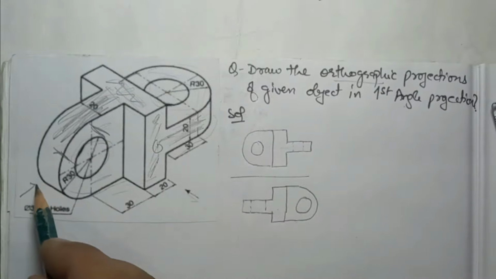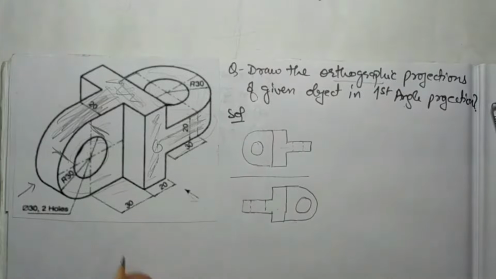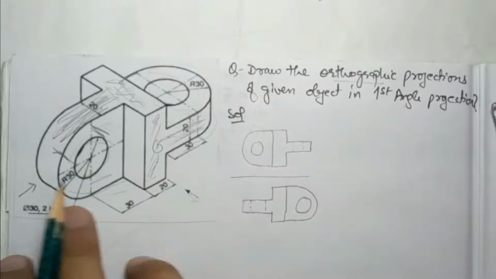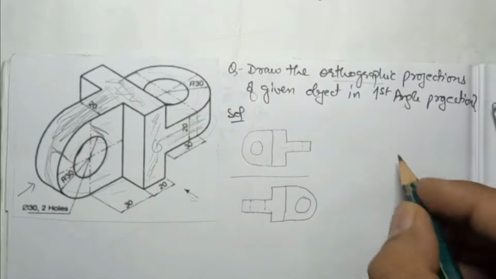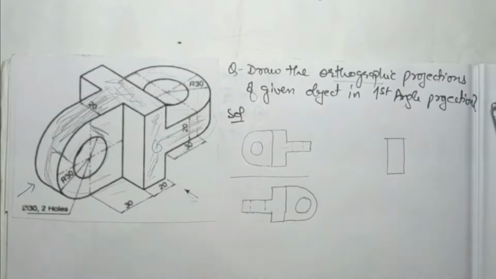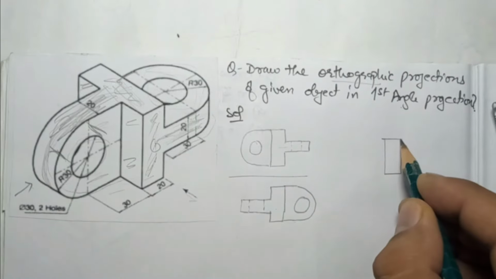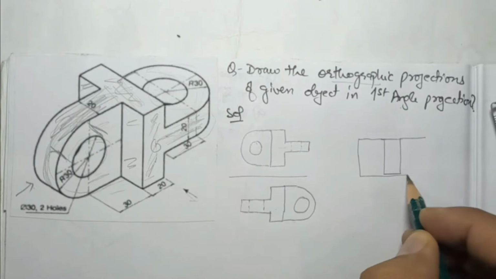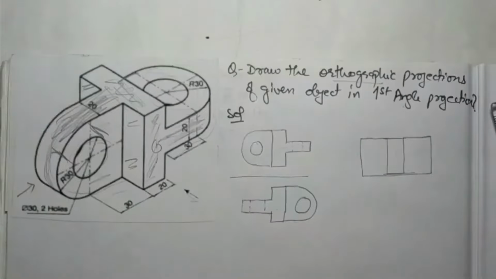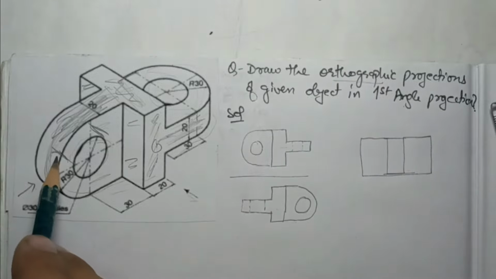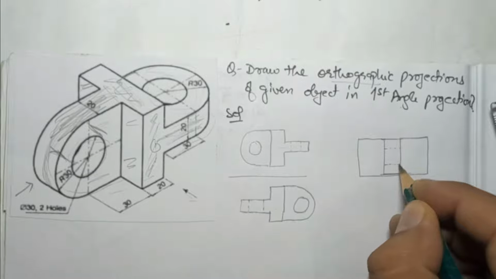Now I will draw one side view also, just for practice. In our syllabus we have only the front view and top view, so we will not draw it normally, but let's try to understand what the side view will be. In the side view, you can see this surface, a semicircle, but how will it look? It will look like a straight surface like this. Then this one and this surface; always take the object as a symmetrical one. So these two surfaces, forget about the dimensions, I am making the freehand sketch only, right? Then after that, the hidden part for this circle, so the two hidden lines for this only, right?